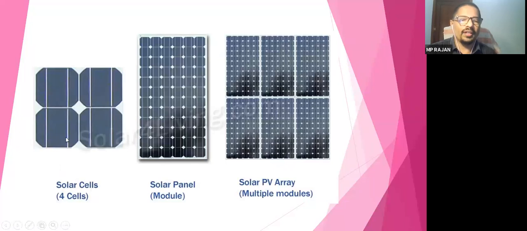So this is a combination of 4 cells. If cells are connected in series, we can call it a solar module. This is called a solar panel or module. In the market, modules are available in different sizes, wattage and voltage. So that we will see in the next class. Next class में देखेंगे so electrical characteristics क्या होती है.